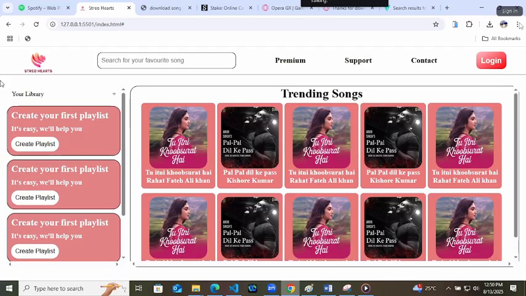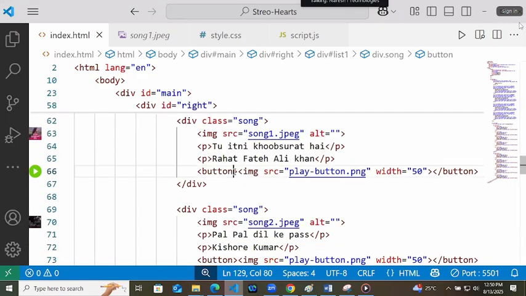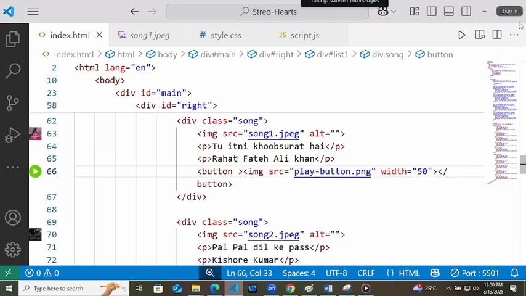So let's try one thing. This button will play the song. This one, right? And I have saved this song by the name song 1, then 1, 2, 3 like that. So to the first button, I can give onclick, right?